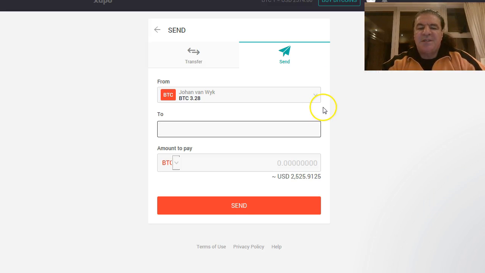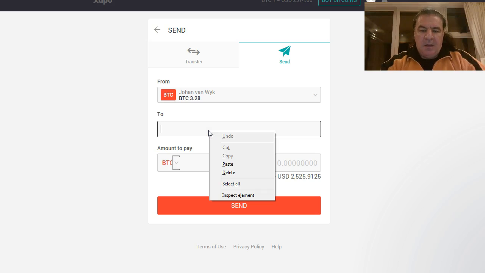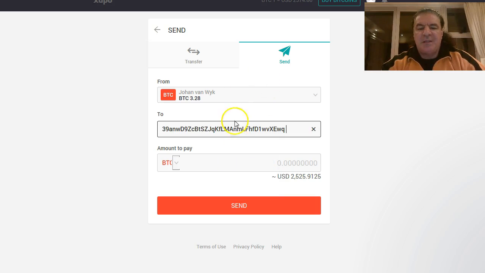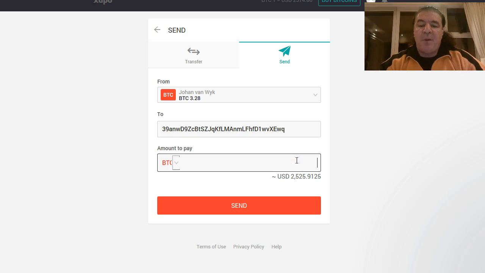Then it comes up with this screen, and then the address where you want to pay to, that you enter there. So if you received an email from Thrive and you copied the address that they give you there to register your share, you go and copy that address and then you paste it in there. Then the amount, if you buy the app 32, it's 0.04. Obviously the others are different prices, 0.08 for a bronze and so forth.